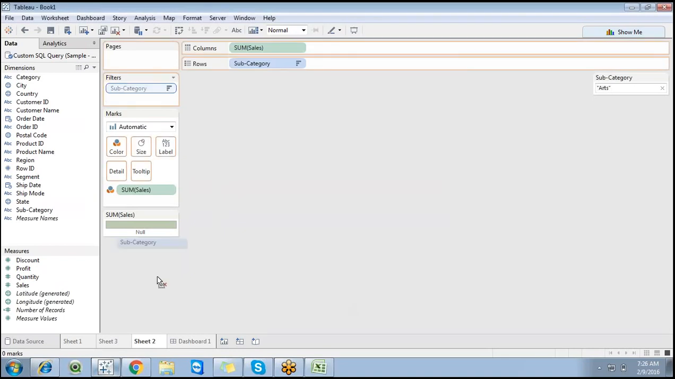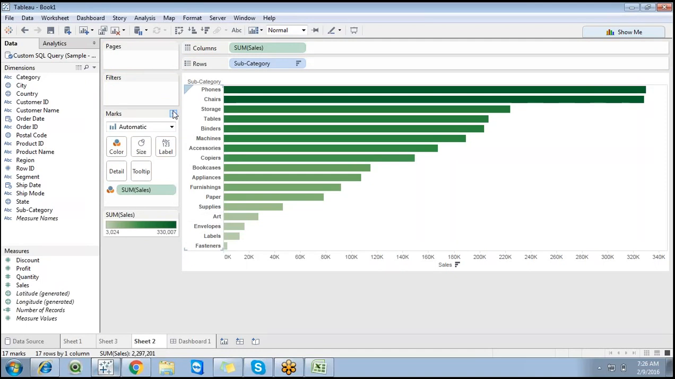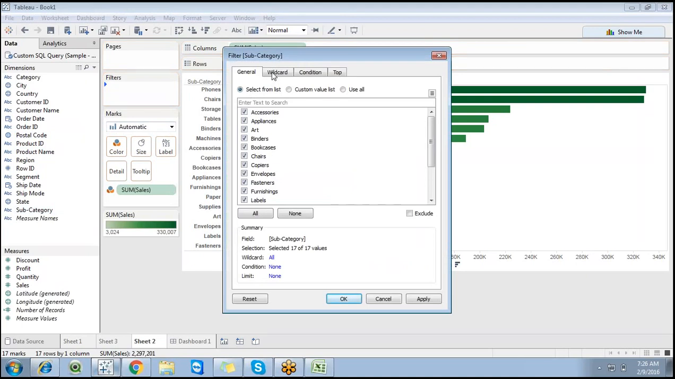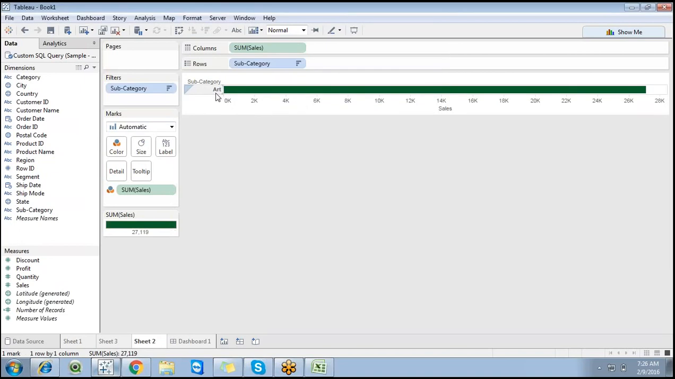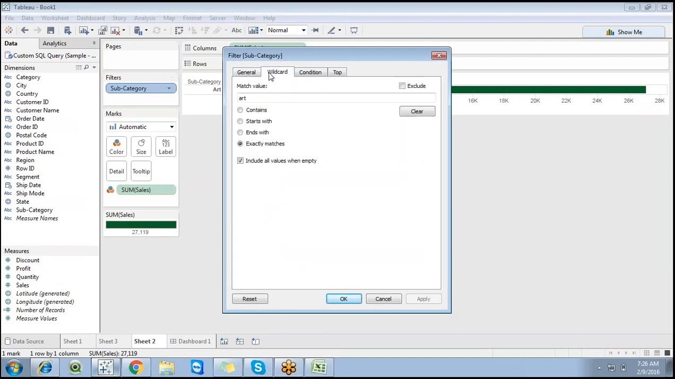So I just want to exclude art, sorry, I just think about art. Now just drag and drop subcategory, and you can go with wildcard and exactly matches art. You can go with the art information. Now you can see art. Right click, filter, wildcard, you can work with art. It is not case sensitive, I just go with a lowercase, but you can work with contains, starts with, ends with, and